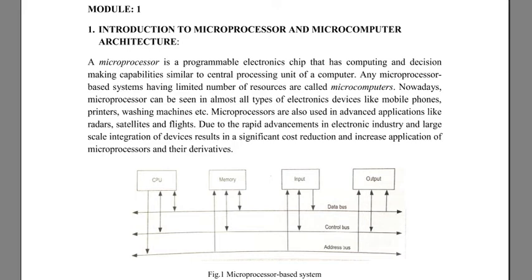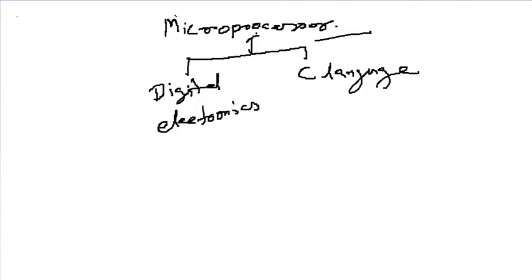We'll start with microprocessor introduction. To know microprocessor, we have to understand two basic concepts. One is digital, and the other is our typical C language. If we talk about microprocessor, we should be very clear about the digital concept. By digital concept, we mean binary, and on the other hand, we have C language, by which the processor is coded.